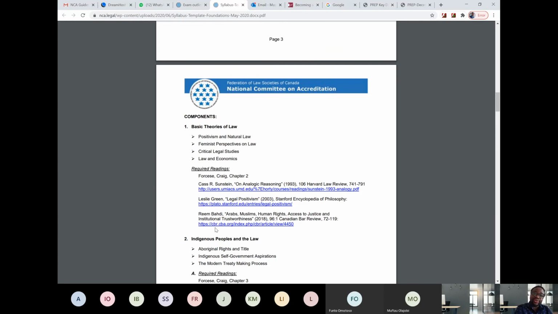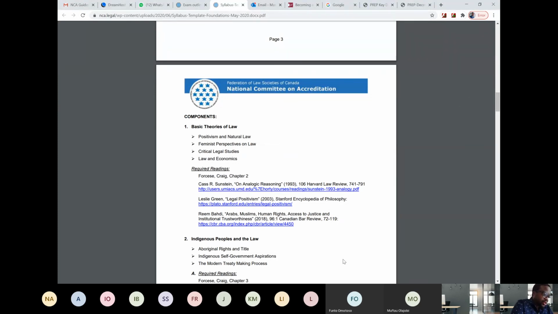First, I should say that if foundation is your first exam, it will make it easy for you to understand other courses, particularly courses like administrative law and constitutional law, because foundation touches a lot on those courses. If foundation is not your first exam, if you've written administrative law or constitutional law or criminal law, you will find foundation easy and very relatable as well, because it covers a big aspect of constitutional law and